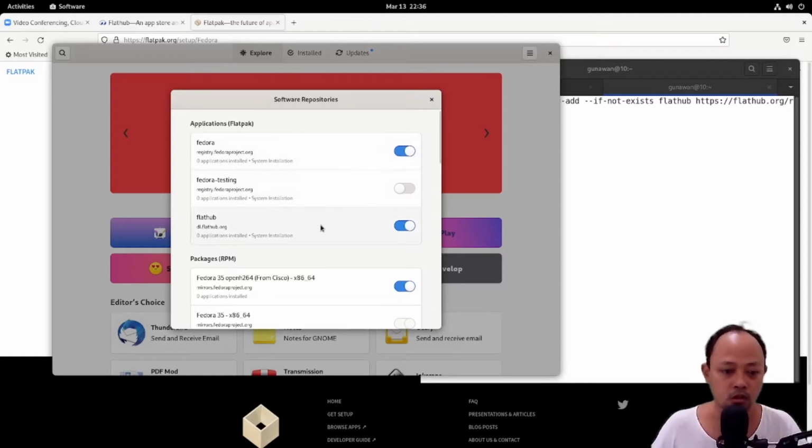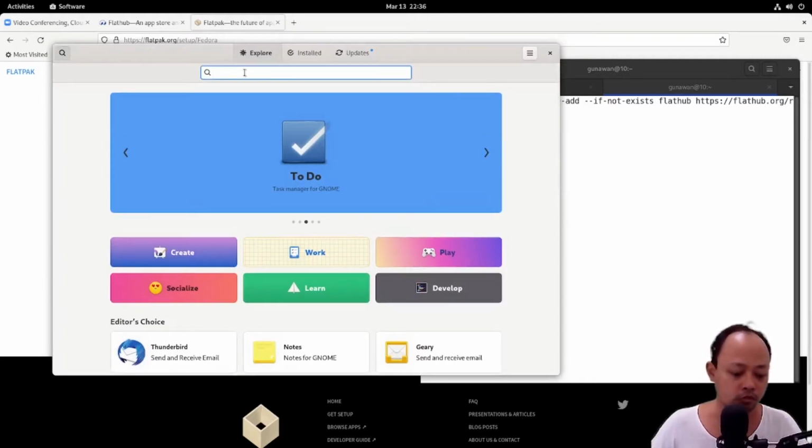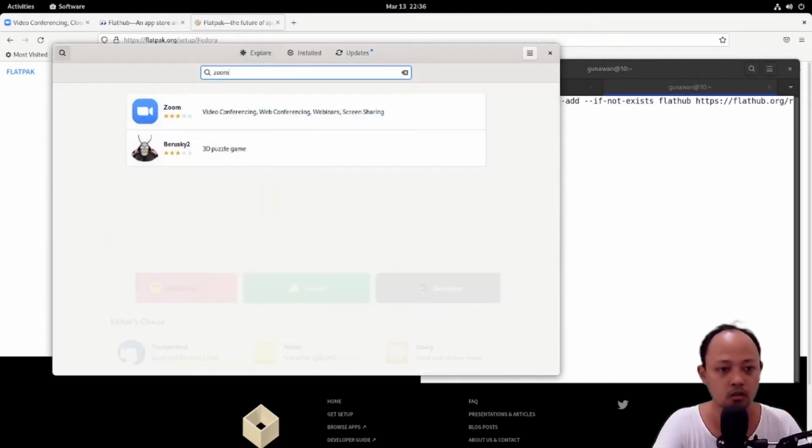You can see here that the Flathub repo is already enabled. We will try to search for Zoom from here. We find it.